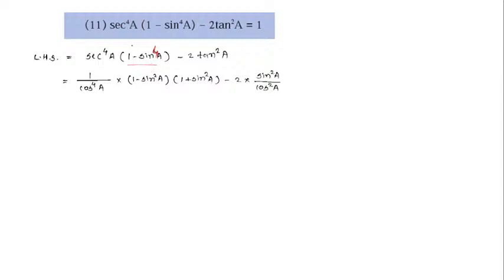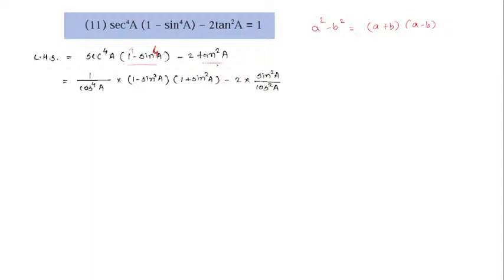This is in the form 1 raised to 4 minus sin raised to 4, that is a square minus b square. So for this one we have the substitution a plus b into a minus b. So a means 1 square, that is 1 minus sin square into another bracket 1 plus sin square minus 2